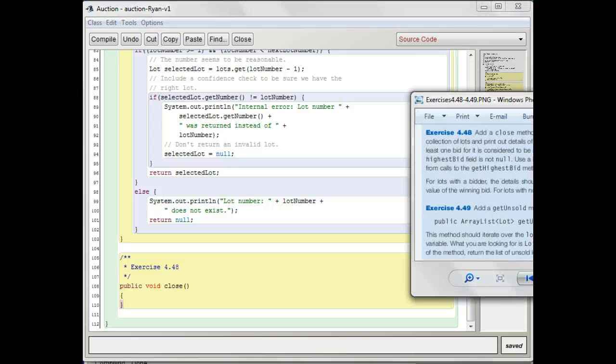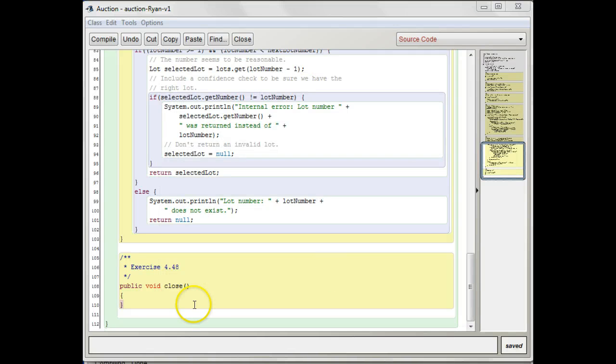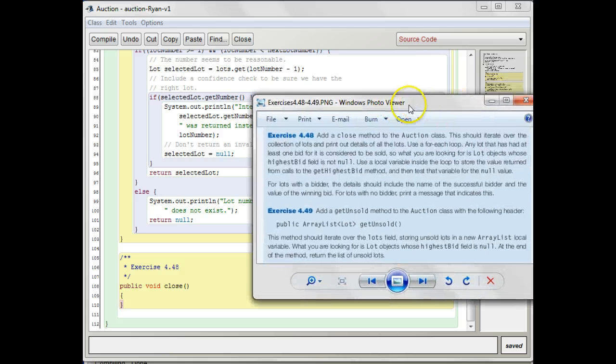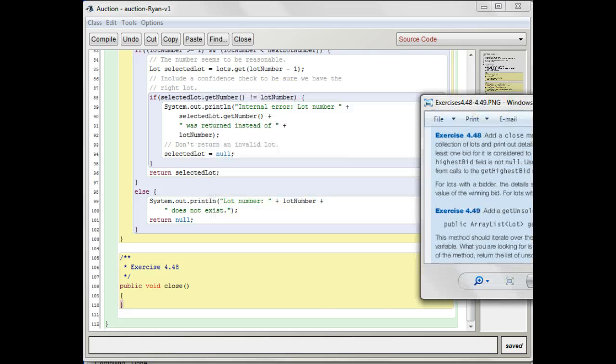Okay, so for the first piece of exercise 448 was to add a close method to the auction class. So we've added a close method. Now we just have to make it do what they want it to do. So it says this should iterate over the collection of lots. So the collection of lots,